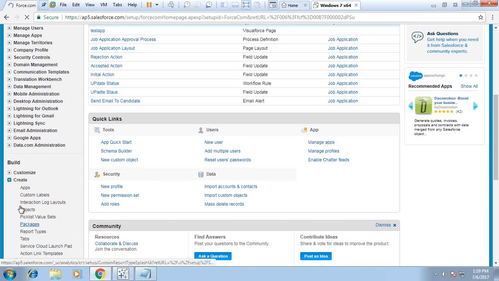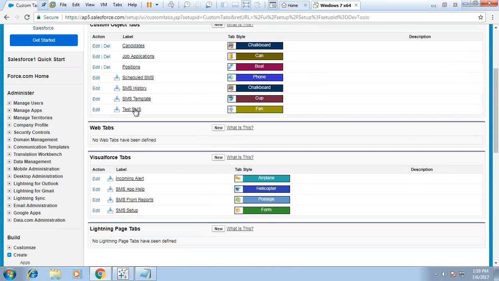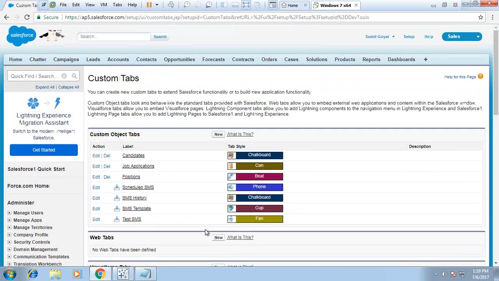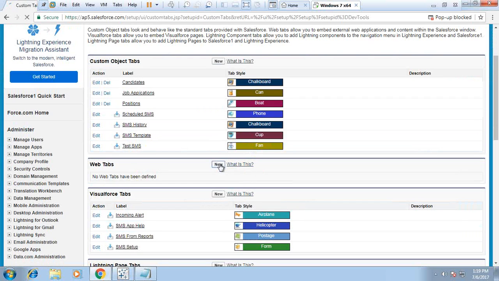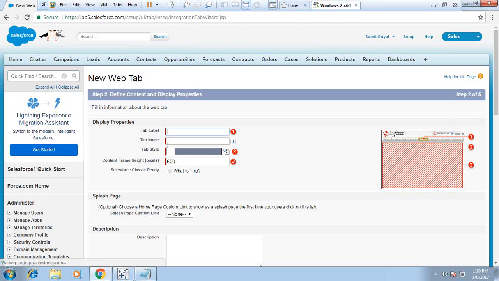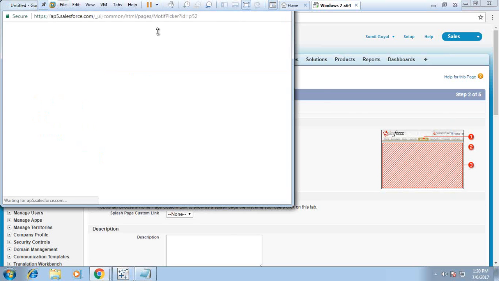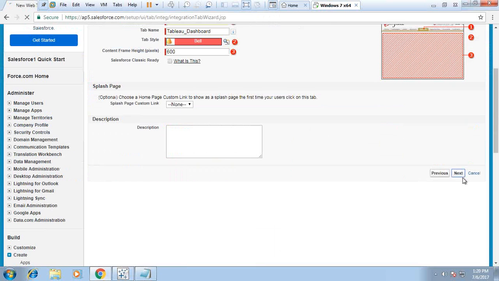So I click on create tabs. To know more about custom object tabs, web tabs, Visualforce tabs, and Lightning page tabs, you can visit my videos on Salesforce, in which I have explained about tabs. So I click on web tab. Next, I'll give a name as Tableau Dashboard. Select the tab style. I choose as Bill. Next,